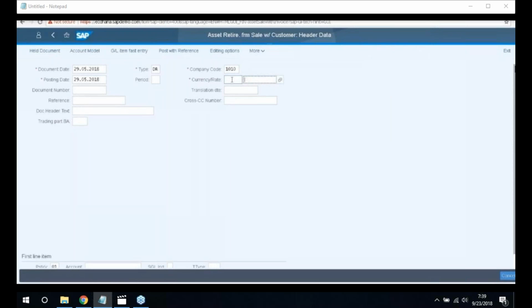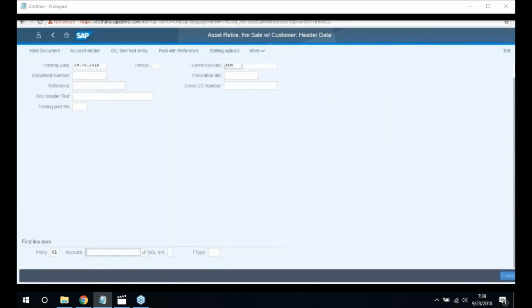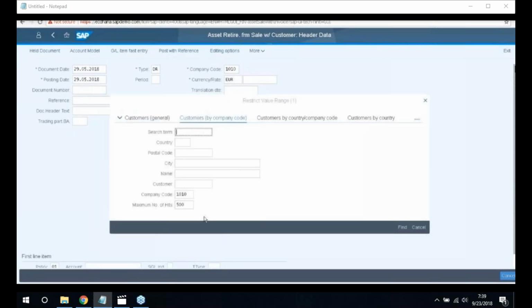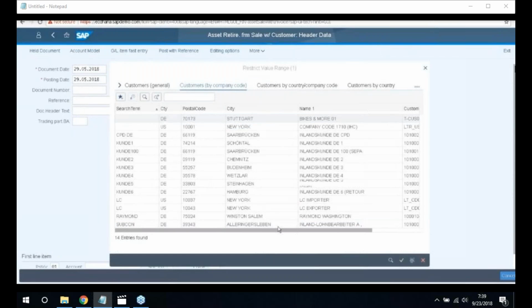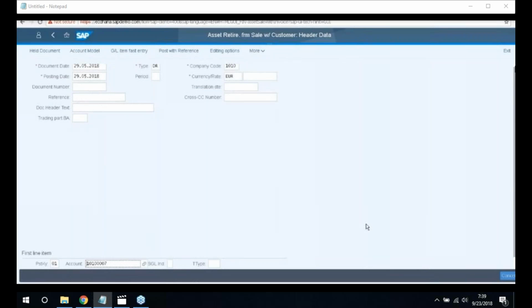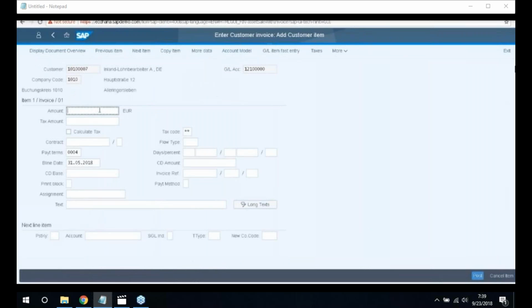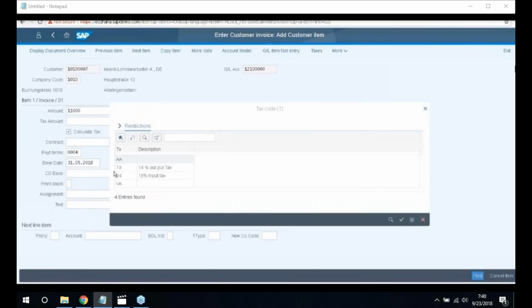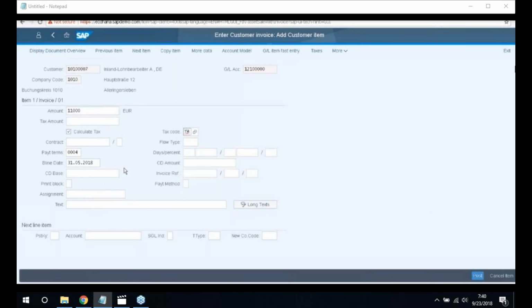enter the currency, EUR, select the account, click on find, select the account here, click enter, enter the amount, select the tax code, enter the postings